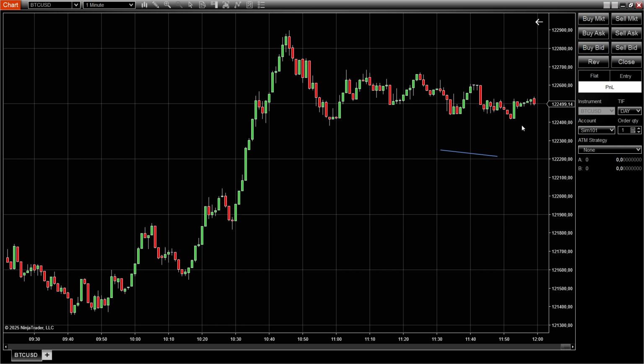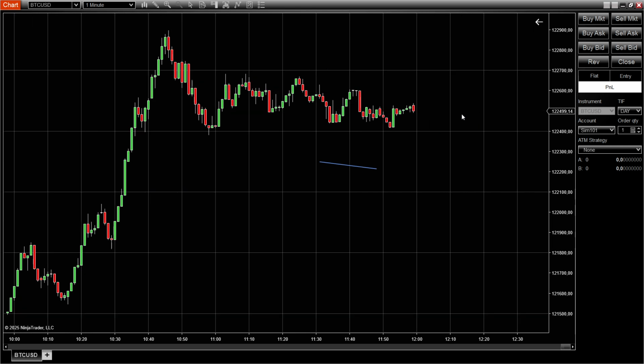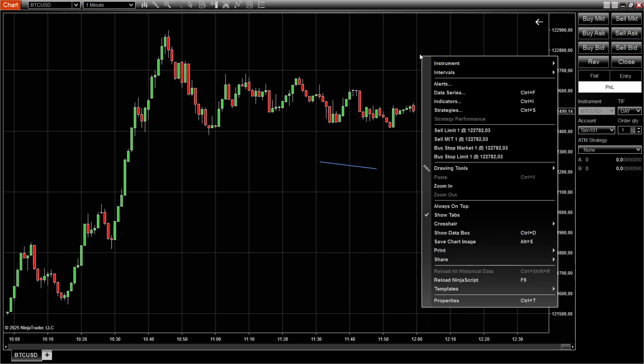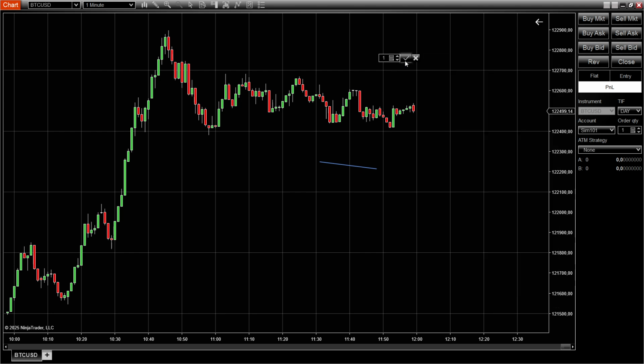And then here you can just, of course, go left or right if you want to. And whenever you actually find a place you would like to put, for example, a stop loss at, right click it, and here you can see you have the option to either sell stop market or sell stop limit. And at the top, if you go above the graph, you have the option to buy stop market and buy stop limit. Okay, so that's pretty much how you can do it, and then you can just basically confirm this